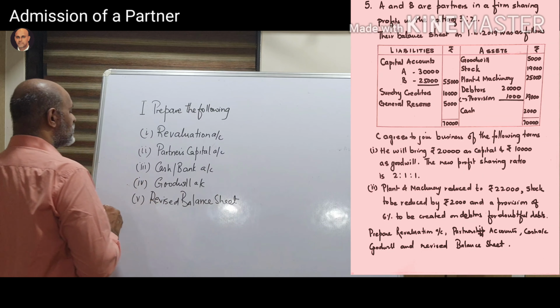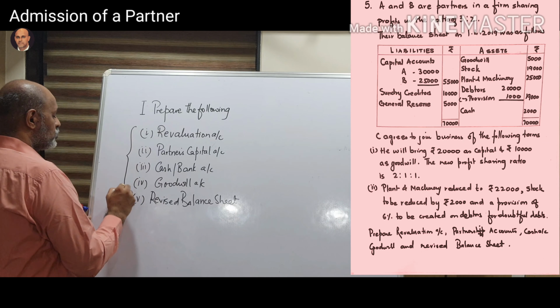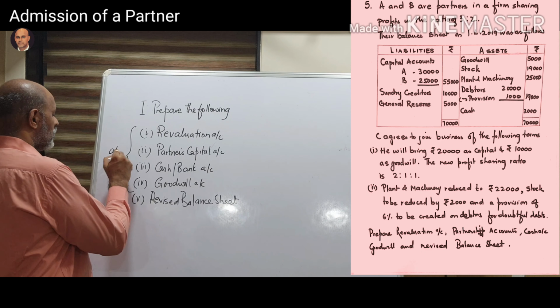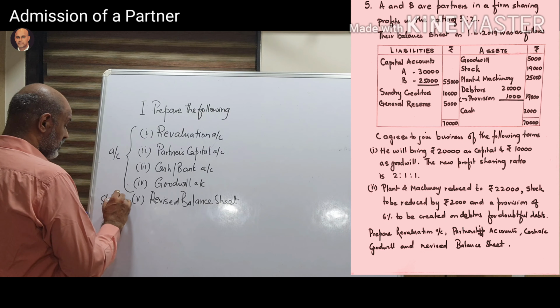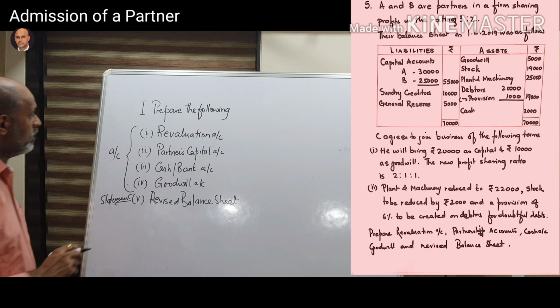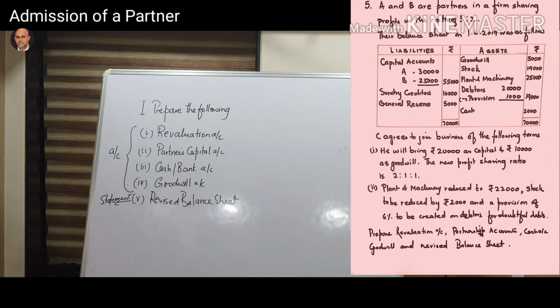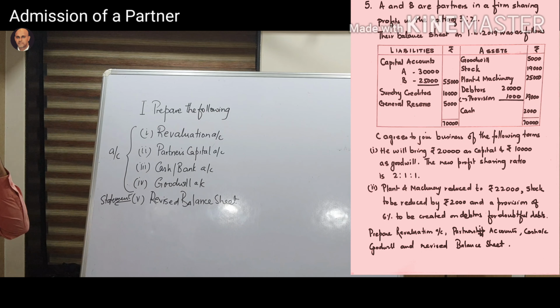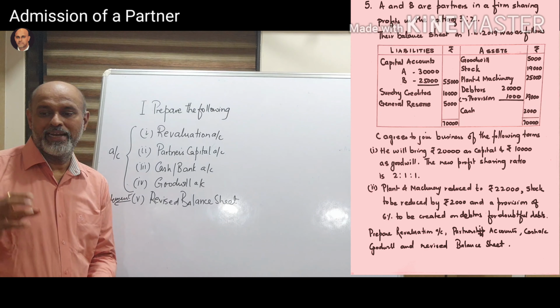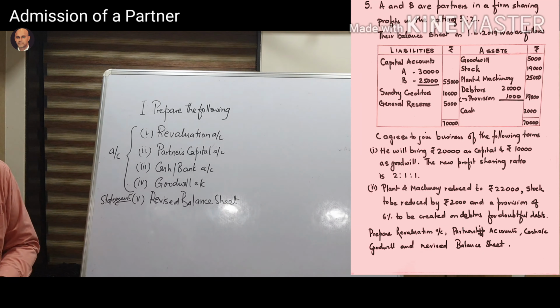So this is your step number one. As usual, these four are accounts, while this is a statement, a financial statement. This is where you're going to see to it that you solve this sum in a particular way. So you are going to prepare these five, and the next step is to enter the balances which we have got in the